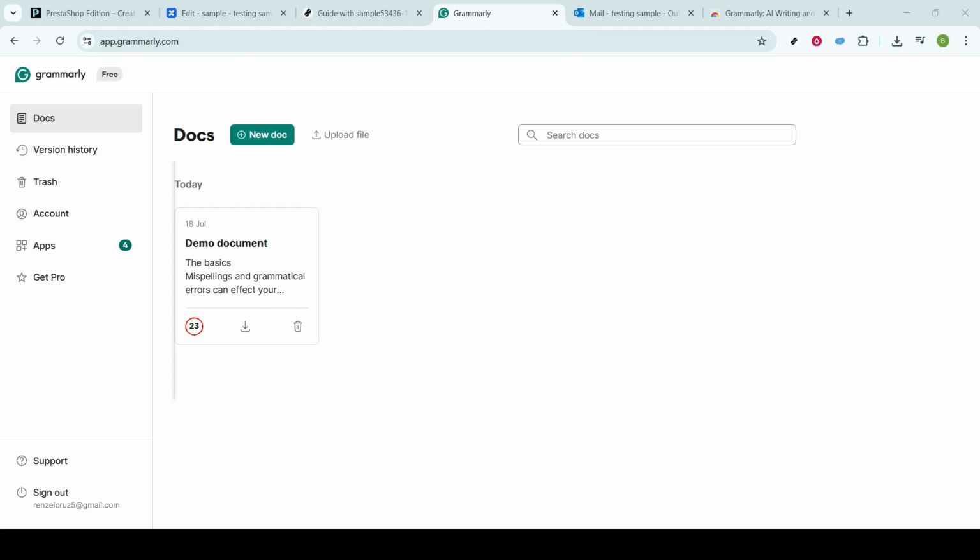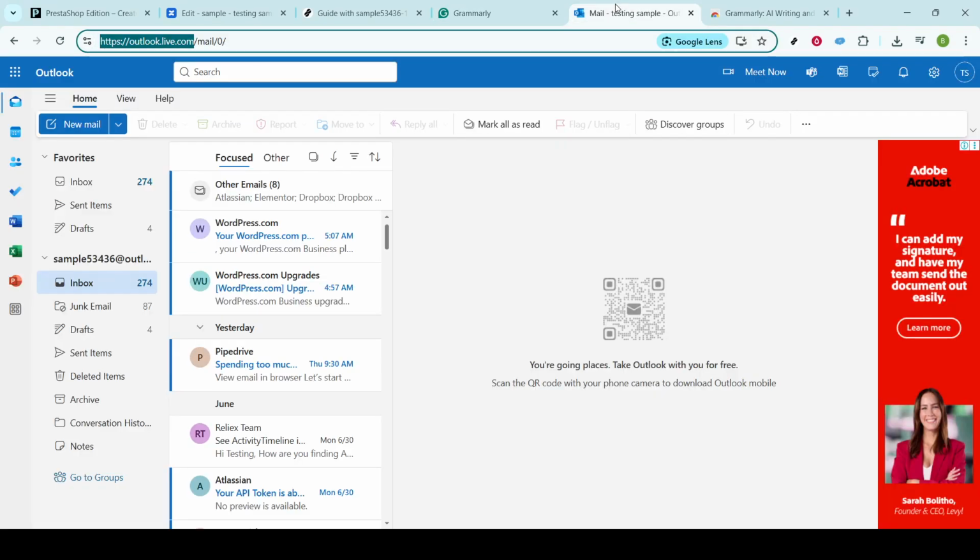Let's dive right in. First, you'll want to start off by opening Outlook. This is our starting point, and most of us already have it bookmarked or set as a favorite. To access Outlook, simply go over to your browser and type in outlooklive.com. This will direct you right to your inbox. It's crucial to ensure that you're logged in because it makes the whole process smoother as we move through the